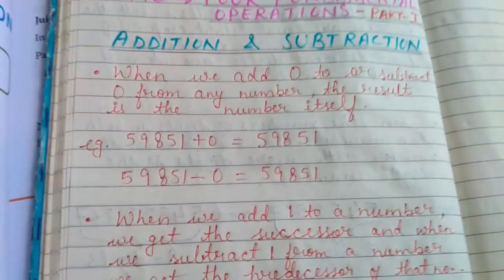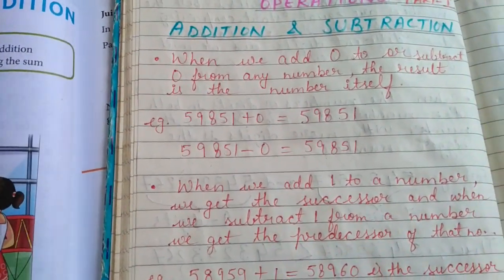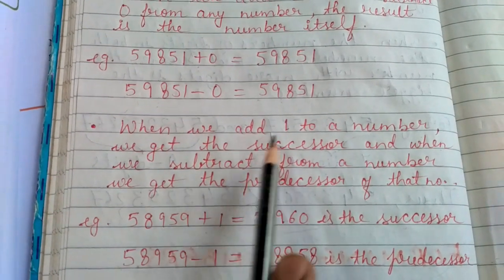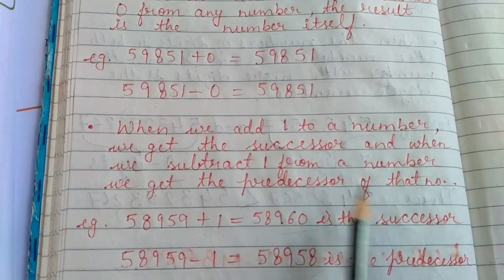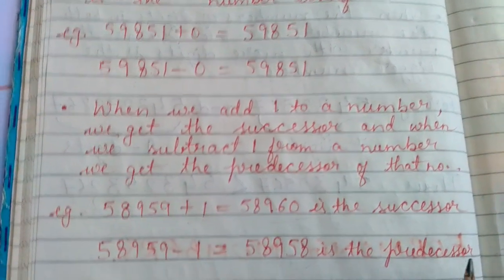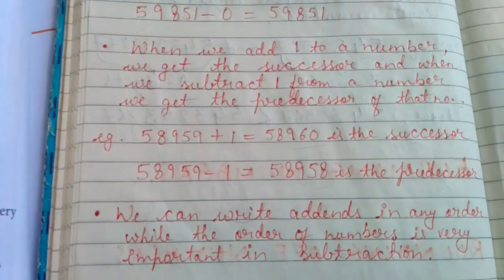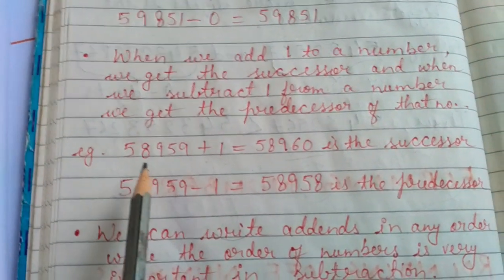So this is one fact while we do addition or subtraction, which we have to keep in mind with the 0. And one more thing, that when we add 1 to a number, we get the successor, and when we subtract 1 from a number, we get the predecessor of that number. This also we have studied in our large number chapter, about the successor and predecessor, as you can see with the example that